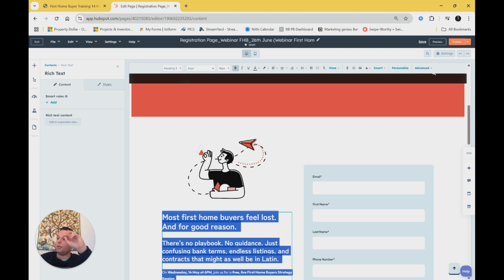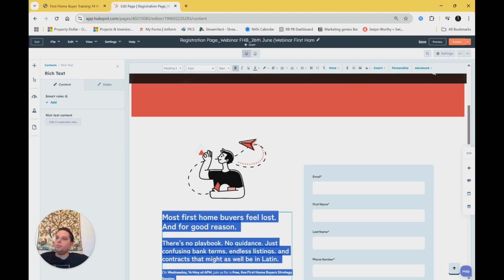Rule number two, one page, one action. If there's too much going on, people will freeze. Remove anything that doesn't guide them to the next step. There was this example that an art director in one of the agencies gave me. He said, Rahul, if I throw you one Costco ball, you will catch it. And I'm like, yes. Then he went, Rahul, if I throw three Costco balls at the same time, would you be able to catch them? I'm like, no. That's exactly it with the messaging. One page, one action. So you need to be very specific on what you want the customer to do.